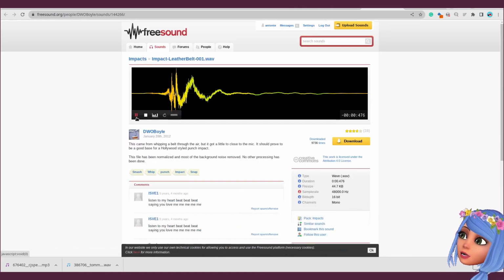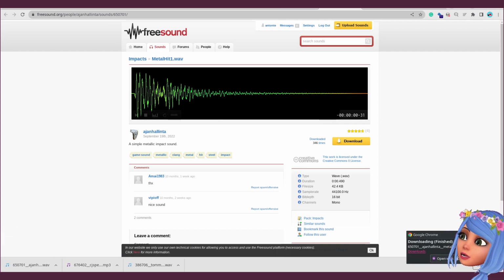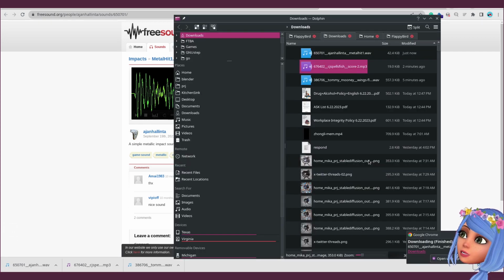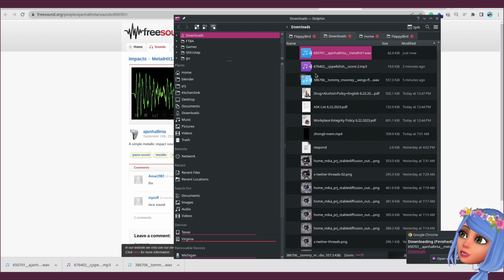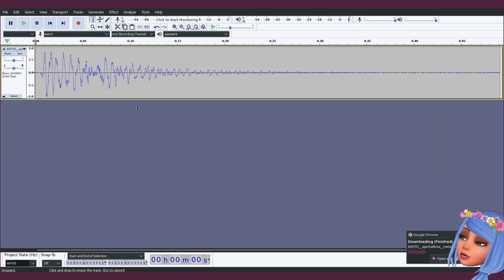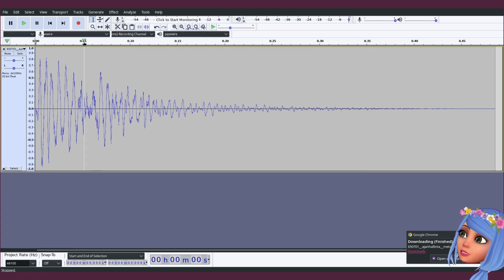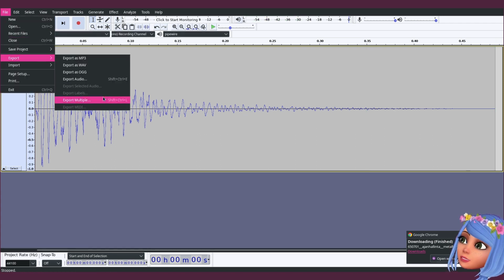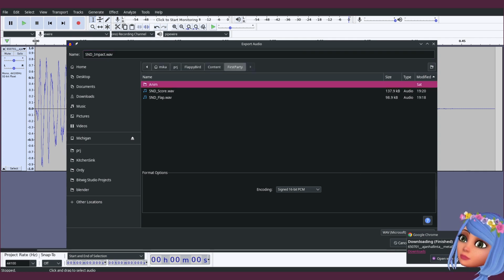Let's do this one. Okay, so let's open it also in Audacity. I think it's already pretty good. Maybe I will take out a little bit from this. Export, and let's call it sound impact. Save.